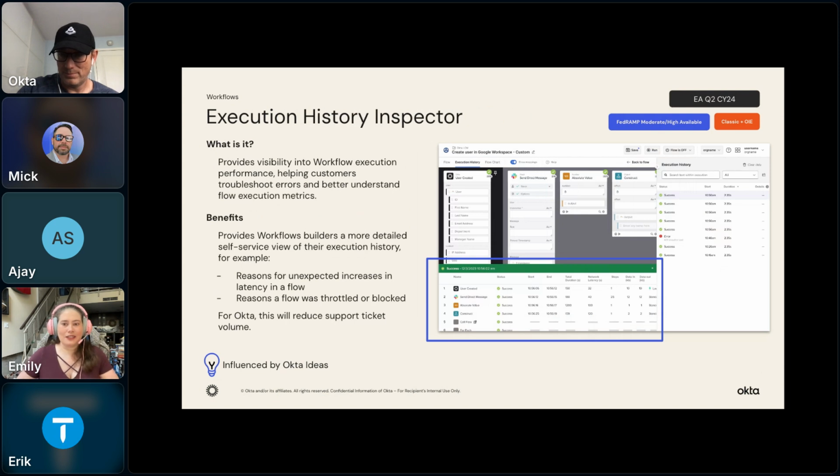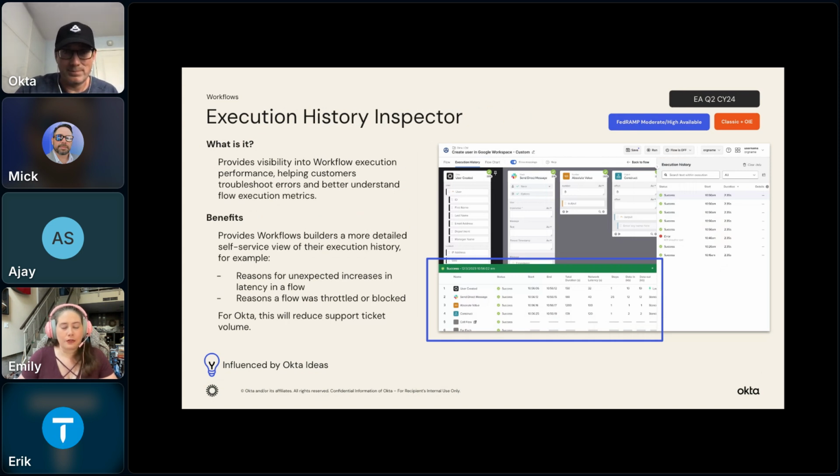All right. So along the same lines, we have Execution History Inspector that is coming as well. This allows you to take a deep dive into each of the cards within your workflow and see what's going on as far as how many steps this is, and how long it takes to call specific cards.